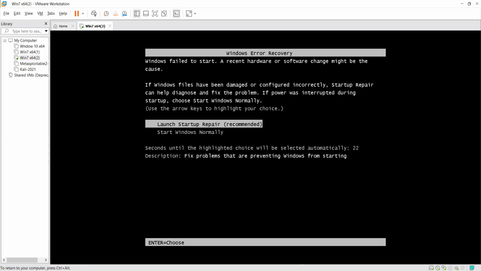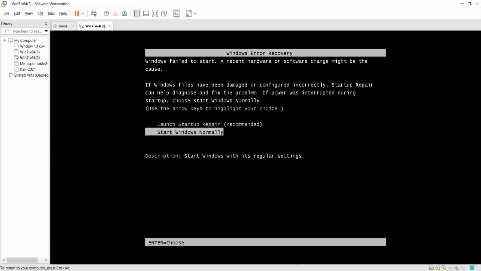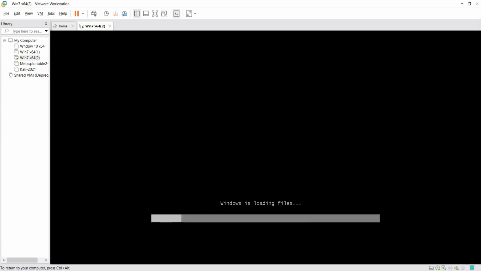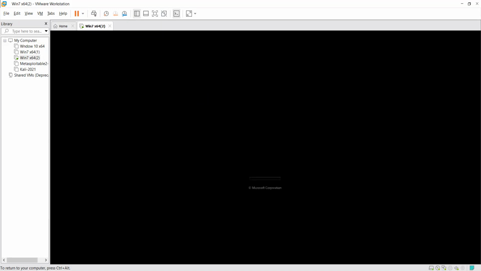Just select that troubleshoot option. Don't go for the start normally this time. Just go for the start, repair, troubleshoot, and click OK. You will get this option after 3 to 4 times once you perform this technique usually. But if you don't perform this technique perfectly, it will take approximately 5 to 6 times.